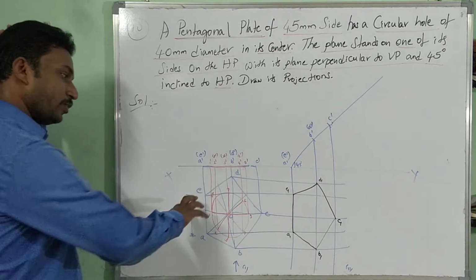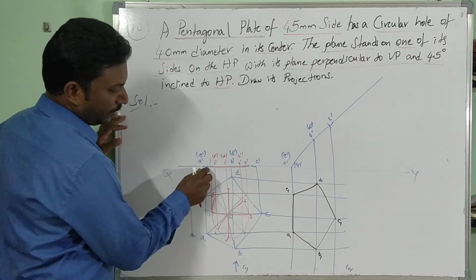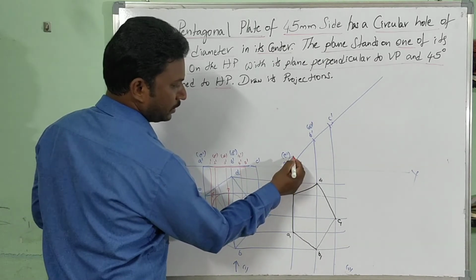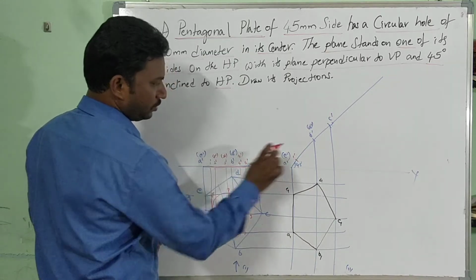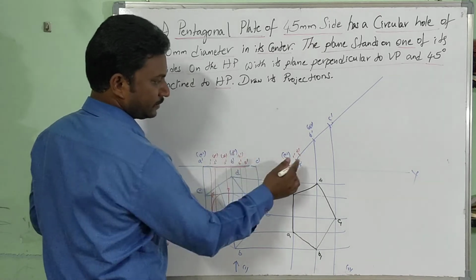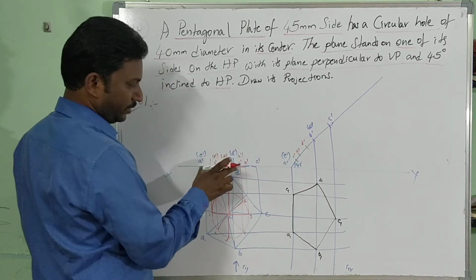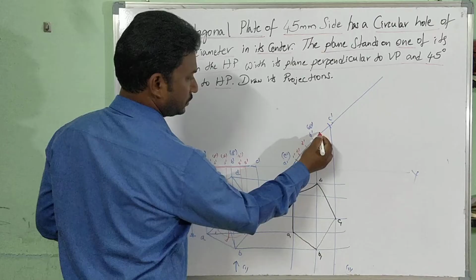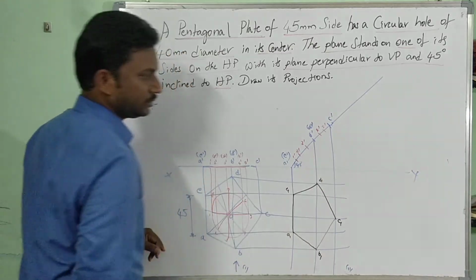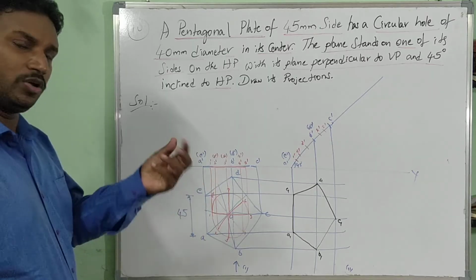Now here we have to project the circle. Circle again. Now complete the circle with the same steps. From A dash, measure your compass for 1 dash. Next, from A dash, measure 2 dash. From A dash, measure 3 dash. All depends upon your compass. From A dash, 4 dash. From A dash, 5 dash. I hope whatever numbers I am writing, you are looking at them clearly. If not, you can zoom in.